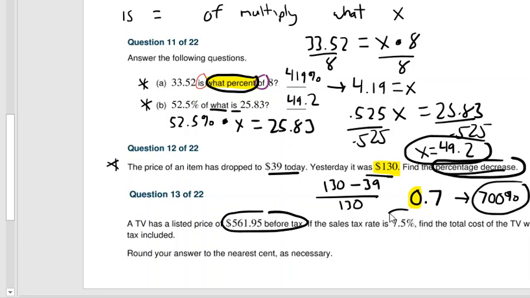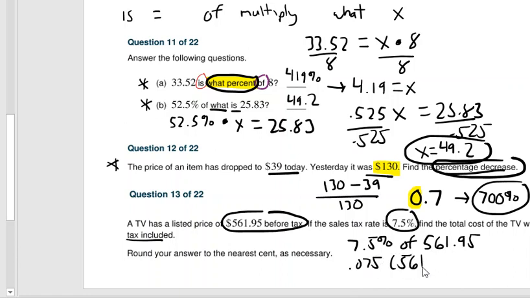If the sales tax rate is 7.5%, find the cost of the TV with sales tax included. Okay, so the first thing that we need to do is figure out how much we're going to pay in sales tax. So we do 7.5% of the price before tax. So this would be 0.075 times $561. That's going to give us sales tax. Okay, and in my calculator, I got